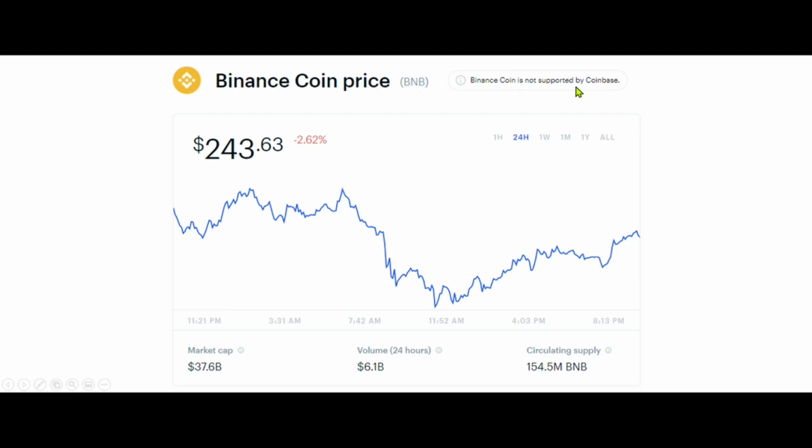So every exchange has some number of coins that are available to trade, buy and sell. And Coinbase basically does not have this coin available on their exchange. You have to go to the Binance exchange because it is a Binance coin. But there's some process when somebody wants to list their coin on Binance, and I think that process is not completed. That's why it is not there. You can see that it's negative 2.62% in 24 hours, and it's 243, but the price is different today. You can check it on the cryptocurrency exchange.